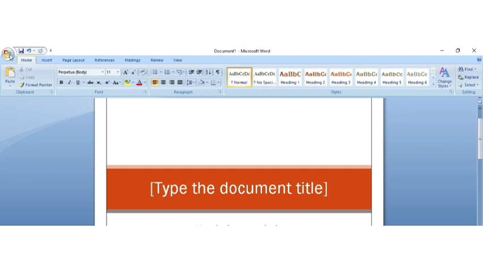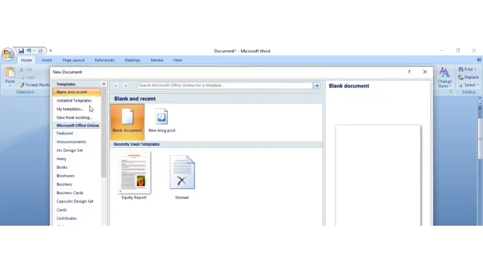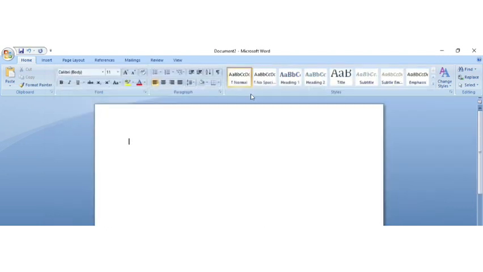Even we can create a new template as well. This way we can open a blank document, go to the Create option. Now from here you can create a new template. After creating a new template, you can save and reuse this template in your document as many times as you want.